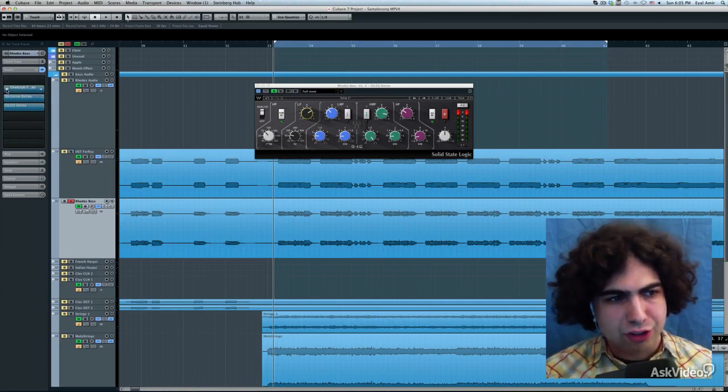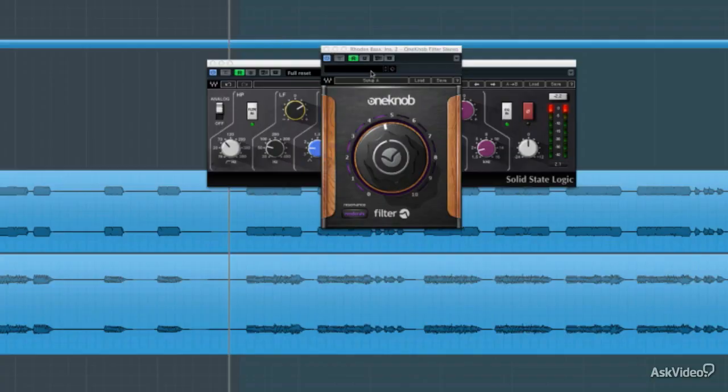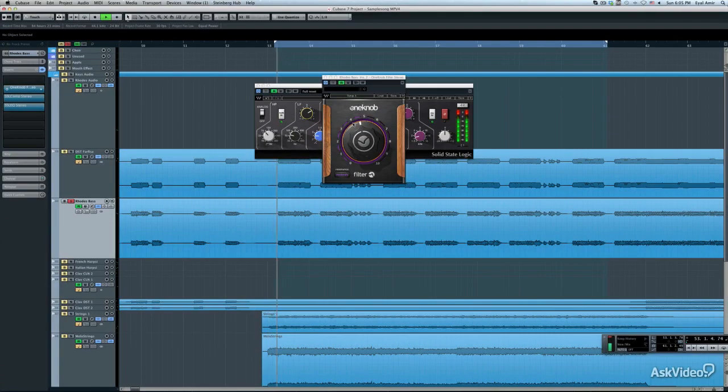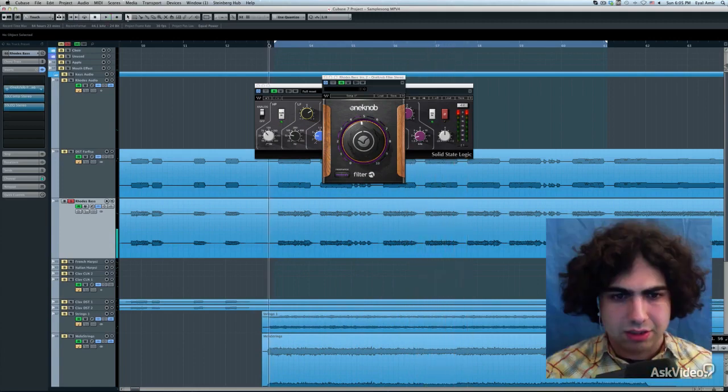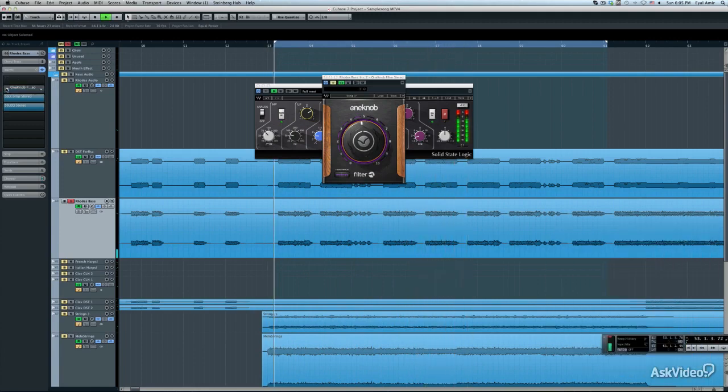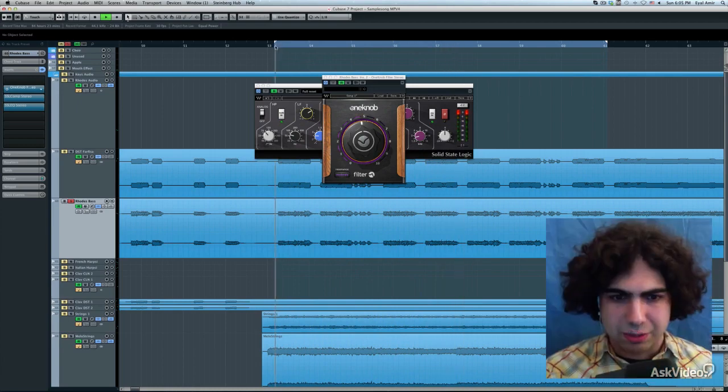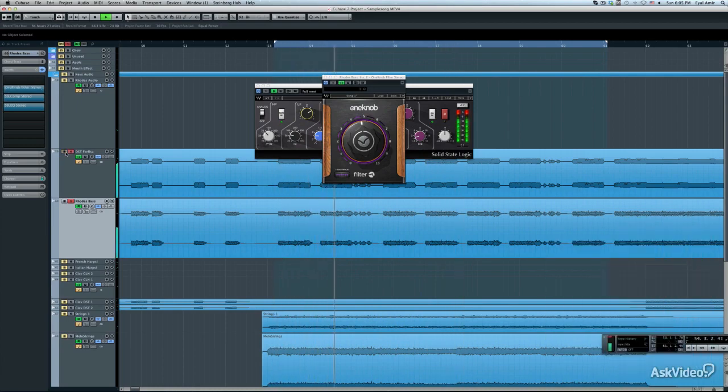So I added this filter. It's called One Knob. It's very simple. All it does is it's a cool filter that adds some resonance, but also removes those high frequencies, which I don't really need because they kind of define it as a Rhodes, which I don't want. So let's hear it. Listen to what it does. So before, it was like this. And now, it's pretty cool. And with that Farfisa,